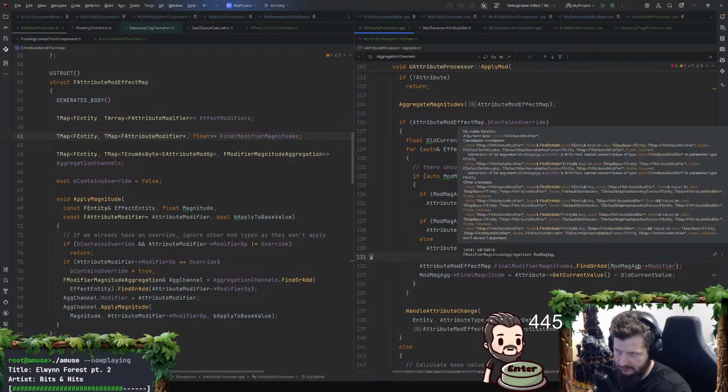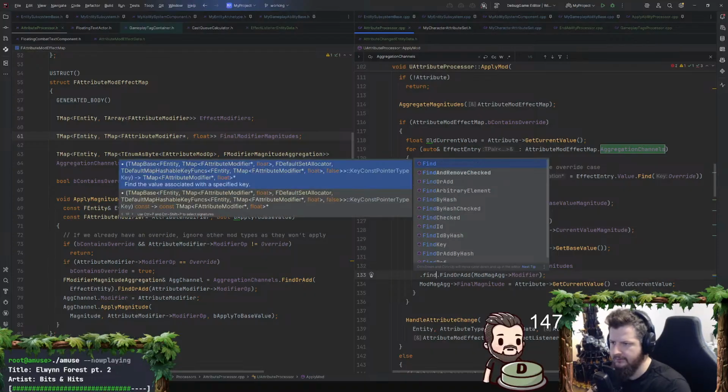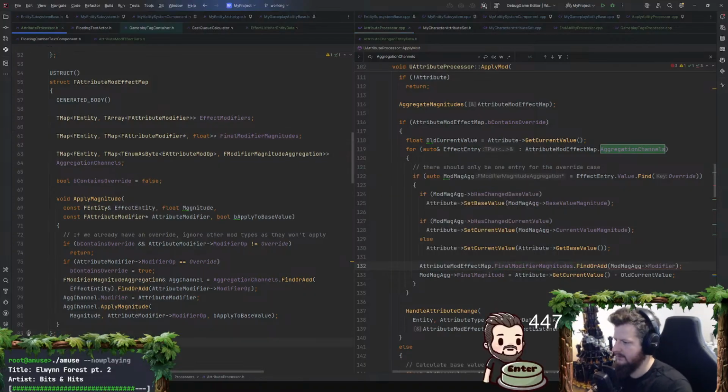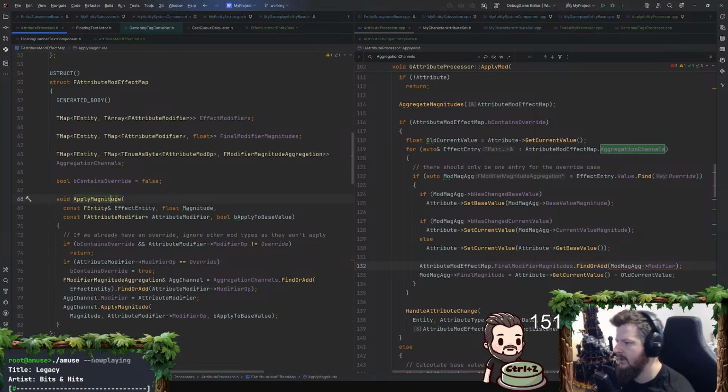Why are you angry? Oh, I need to find or add twice. Dot find or add. And you know what, let's write the function on here as well. Apply magnitude. Actually, if we're applying magnitude, do I apply magnitude here? Apply magnitude and apply final magnitude are going to be kind of confusing function names.